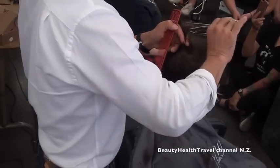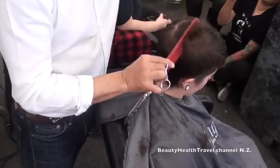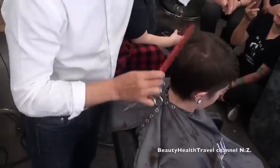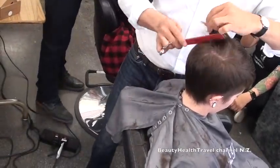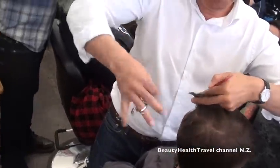I go all the way around, minding, again, if this color down here is lighter, use that lighter color here. Don't put the dark color over it. All the way to the hairline, and then I take the top, go this way. Because I went this way, now I'm cross-checking this way, right? Then the last thing I do is I very carefully pull all the hair back, especially those highlights, and